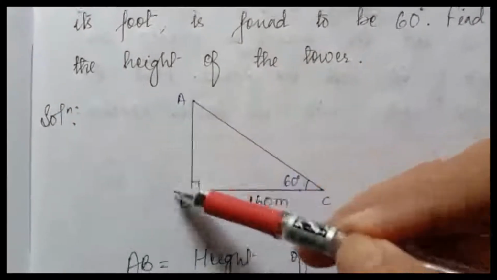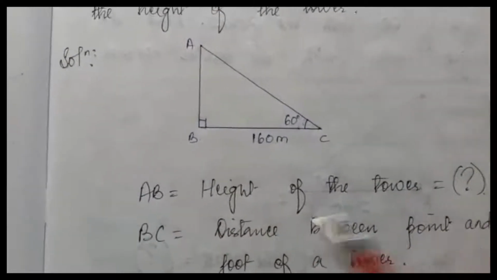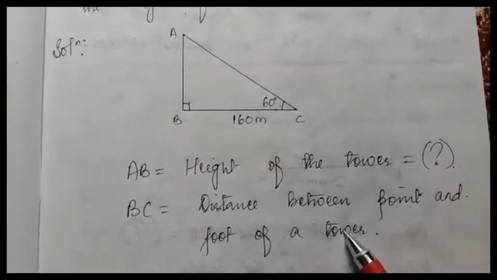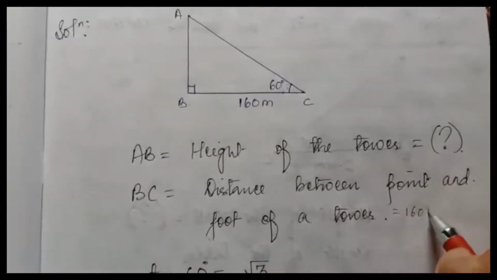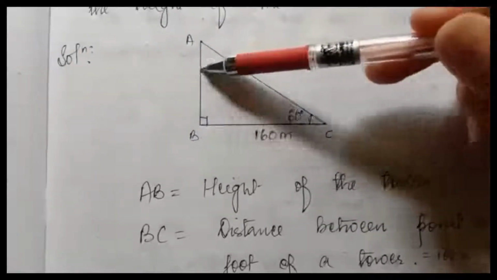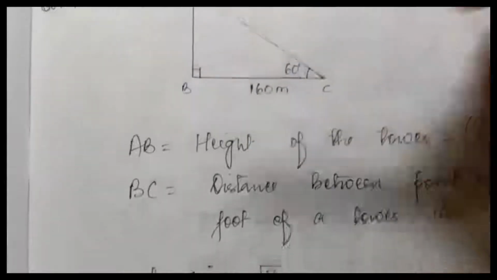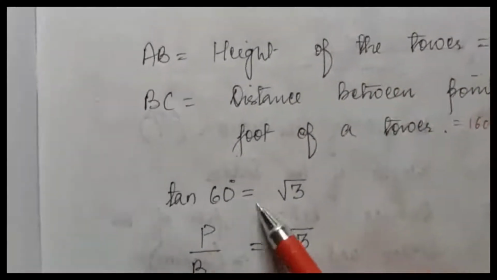You have to find this AB. So AB is the height of the tower, question mark. BC is the distance between the point and the foot of the tower, which is given as 160 meter. Again perpendicular and base: base is given, you have to find perpendicular. So you have to use tan theta. So tan theta, theta is 60 degrees, so tan 60 degrees is...